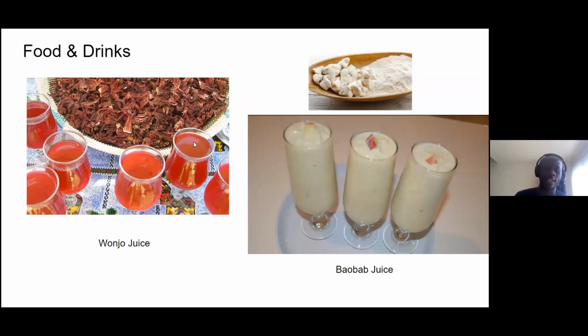So, food and drinks. Even though there have been a lot of influences in Gambia, one thing with Gambia is that even though we are very small, 2 million people in West Africa, we have a diverse palette of food. The reason why Gambia has that diverse palette compared to the rest of the West African region is because